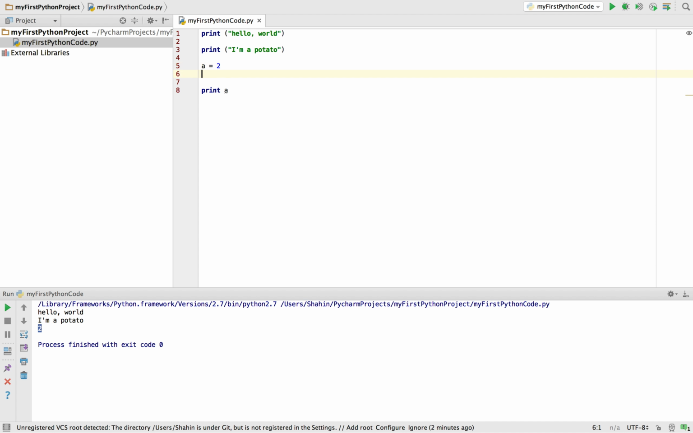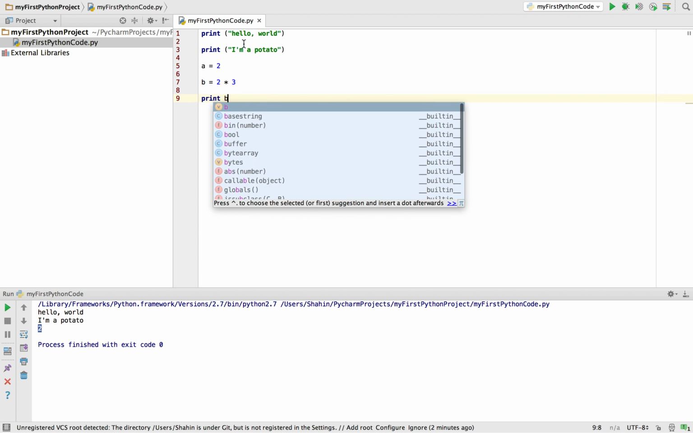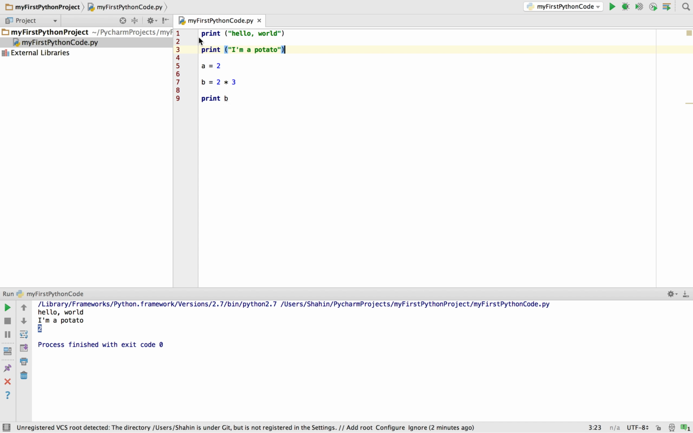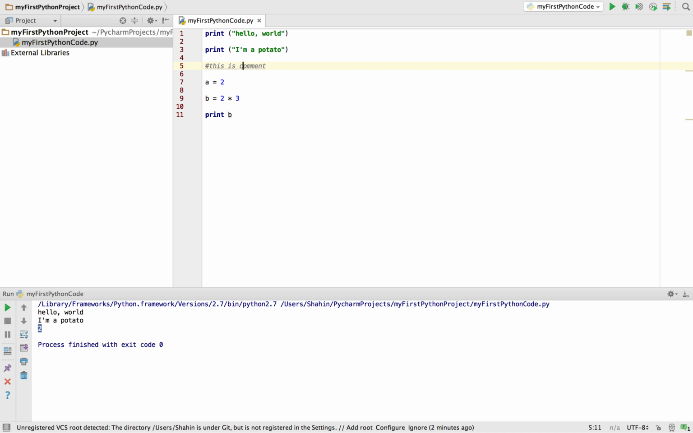You can say b equals 2 multiply 3, and then print b. Now let's comment these out. So in Python, when you comment something, for example, this is a comment, it's just a note, so it doesn't do anything. So if I don't want to print these anymore, I just comment them out, right? So print b, now run. 6,